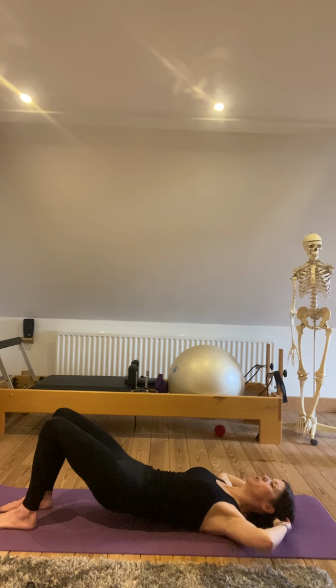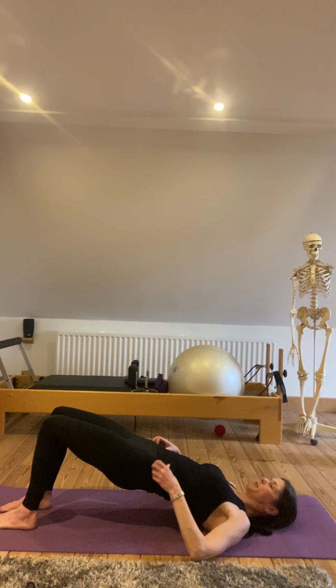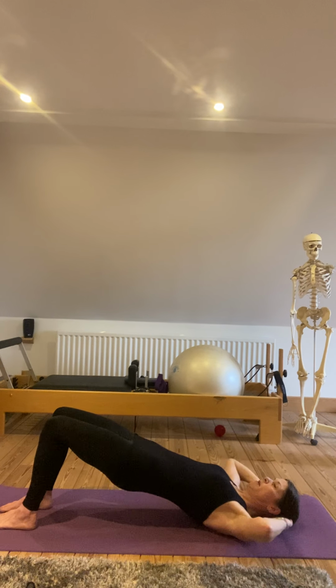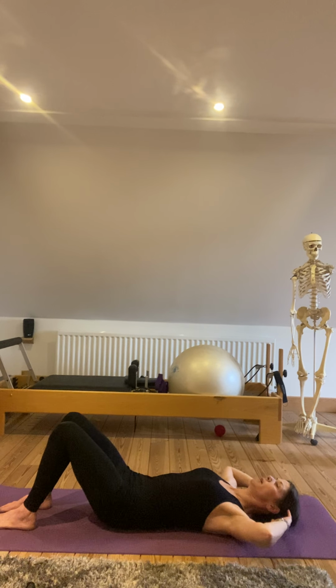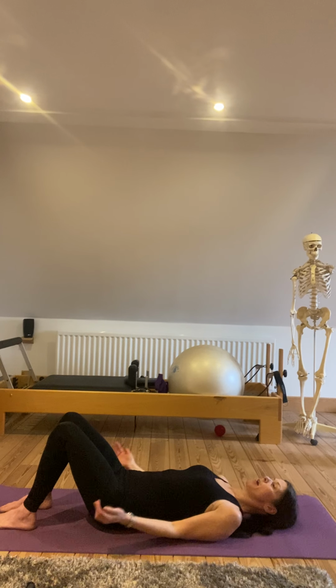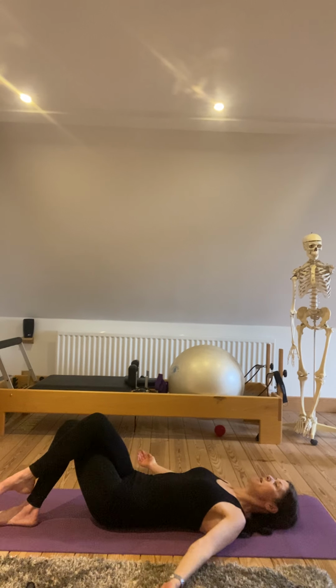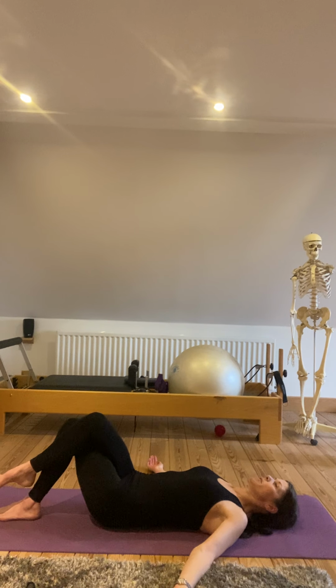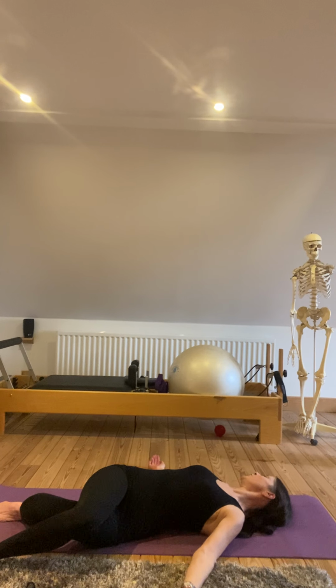Tilting that pelvis as you spine curl up. Keep tracking these knees and hips in line. Breathing in at the top, breathing out to spine curl down. Bring the hands down beside you, cross your right leg over your left leg completely, arms out to the side. So taking those legs to the left, keep the right shoulder blade down, and you're just going to hold it